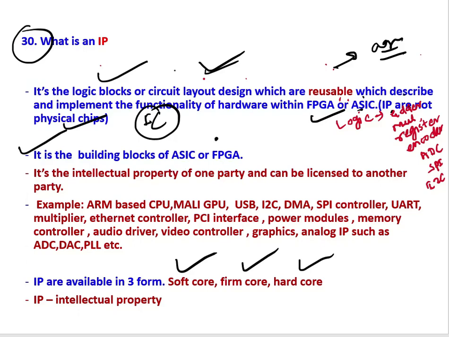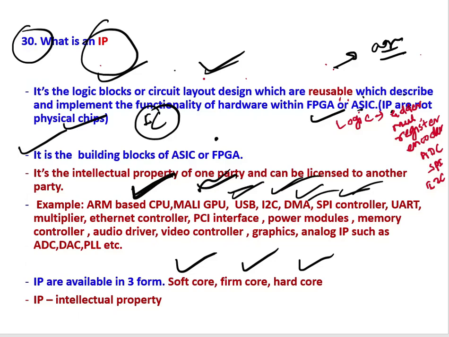So example of IP: ARM-based CPU, Mali GPU, USB, I2C, DMA, SPI control. So we can have IP for this one. Okay, and all these can be either a logic block or a circuit layout, but not a physical hardware. Okay,